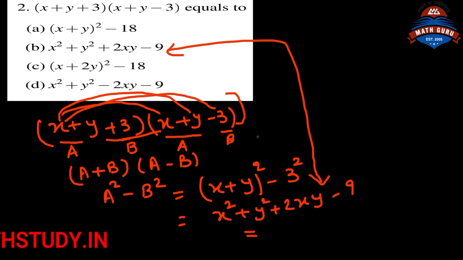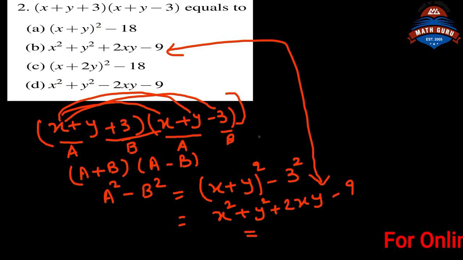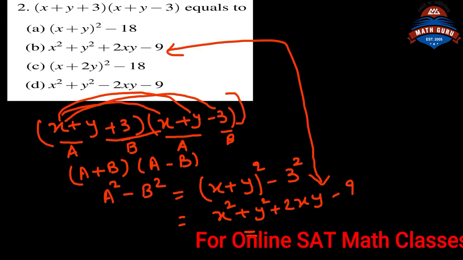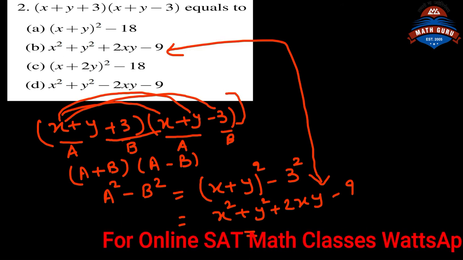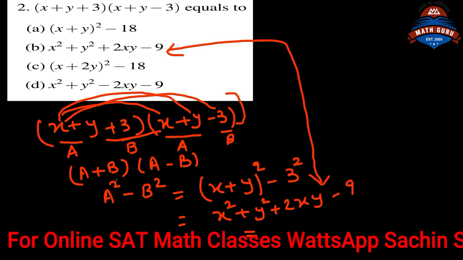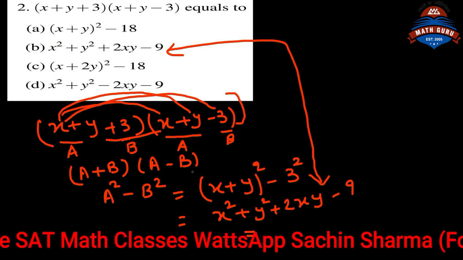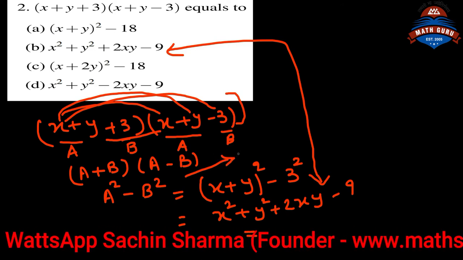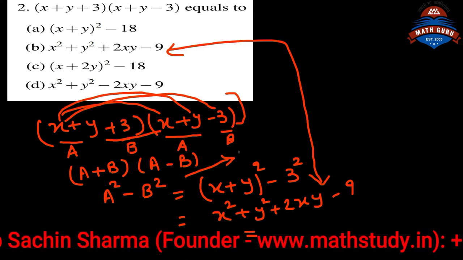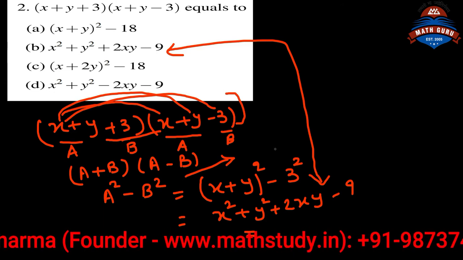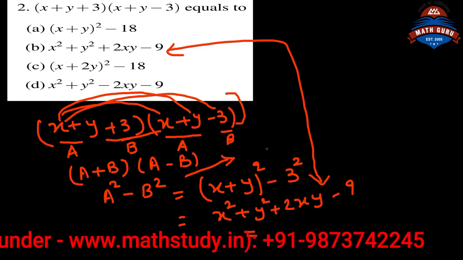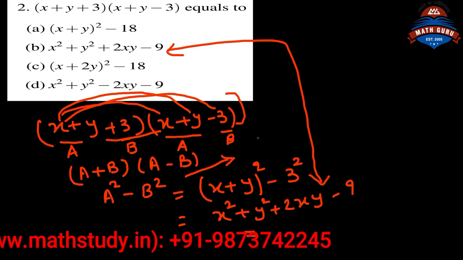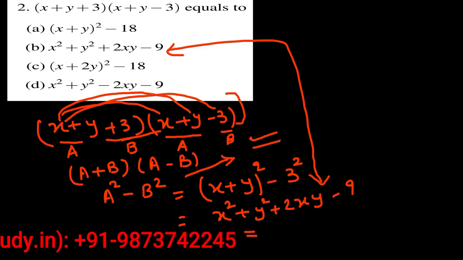So I hope that you can easily understand this method as well. So rather than multiplying each term with each other, we have to basically find out whether we can apply any sort of formula here to reduce the timing, right? We have to reduce the time to solve the question, as in the examination hall each and every minute is very important. Got the point? So here we got our answer. So let's move forward towards our question number 3.